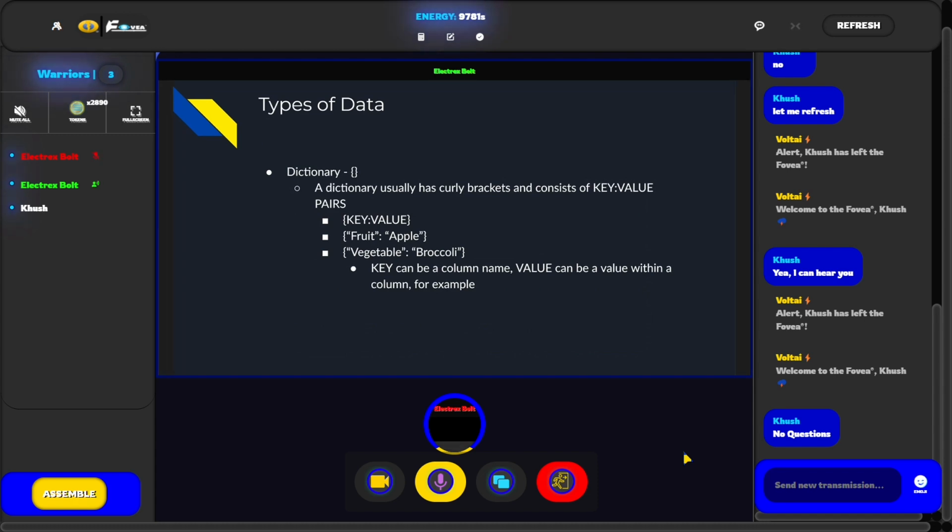The key will be fruits. And then with vegetables, vegetable will be the key. And then what type of vegetable is it? It's a broccoli. That'll be the value. Okay. So the key can be a column name, and the value can be a value within a column. Okay, if that makes sense. Key is column name, value is anything within that column. Okay,